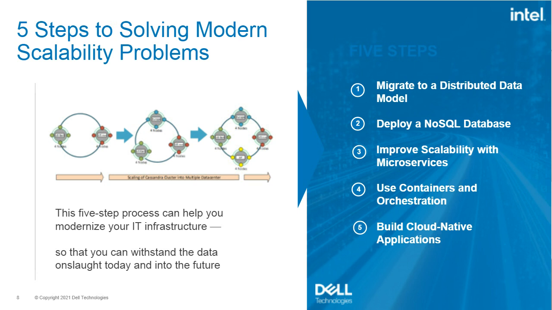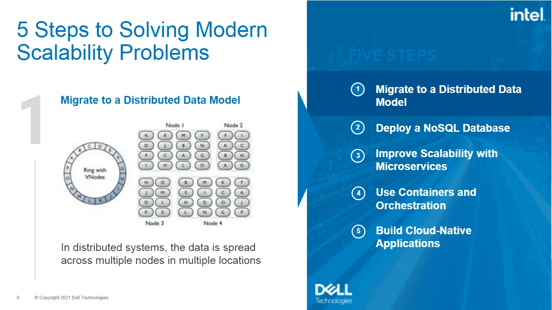So NoSQL databases like Cassandra in particular have this distributed data model which, in a sense, we've seen distributed databases before, and we've seen people shard databases. But a distributed data model is kind of different. And if you come from a background of program management or project management, you might think of a distributed data model as like an agile team, where everybody knows everything that everyone else is doing.